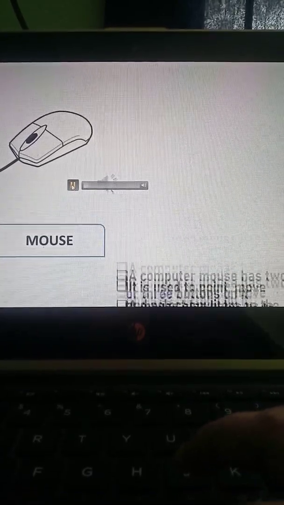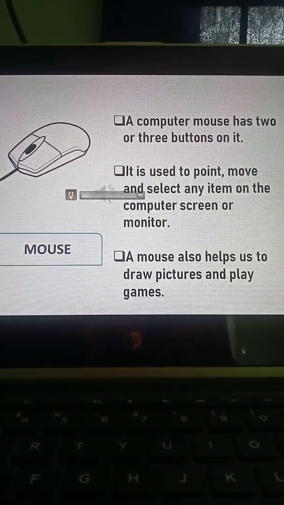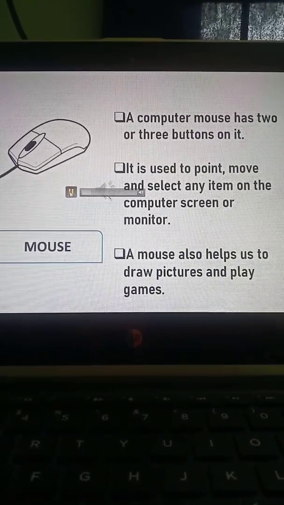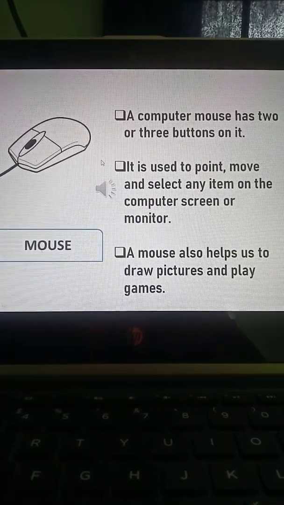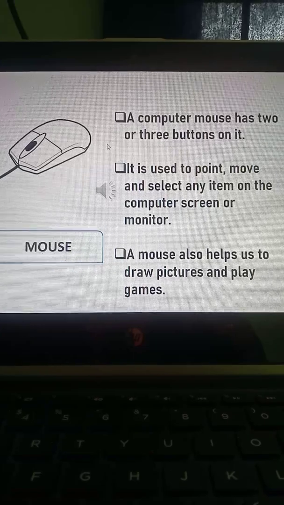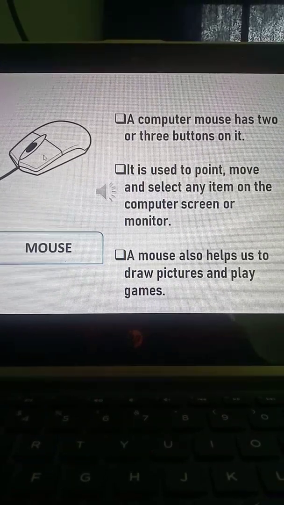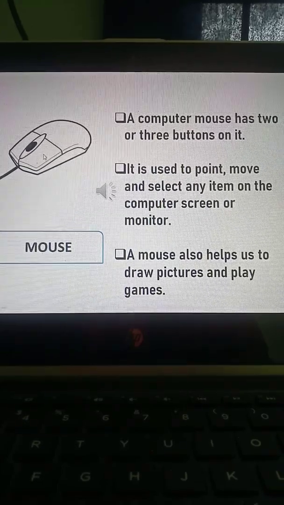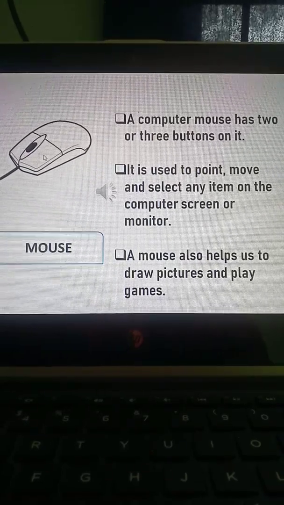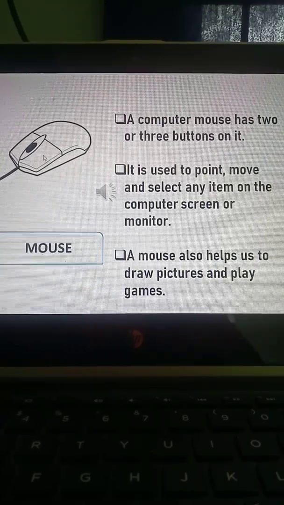A mouse has 2 or 3 buttons on it. Okay, how many buttons does a mouse have? A mouse has 3 buttons on it. Left button, right button and a scroll wheel. We will learn about the buttons of the mouse in a different chapter, okay? Not in this chapter.